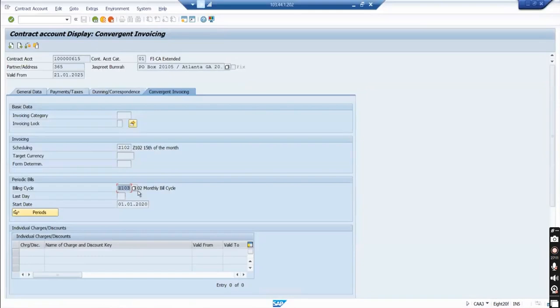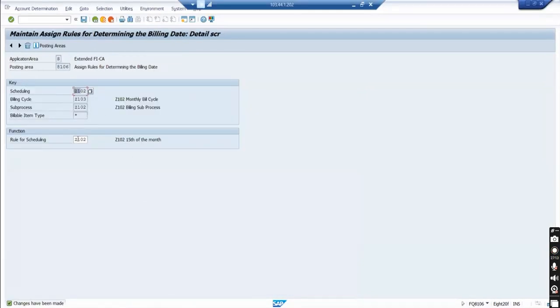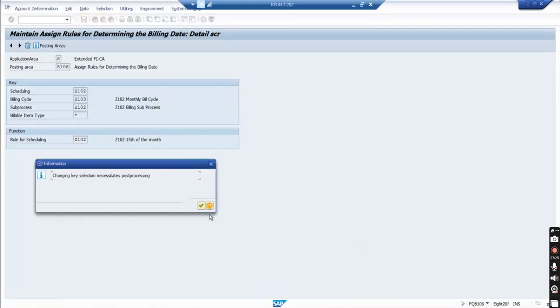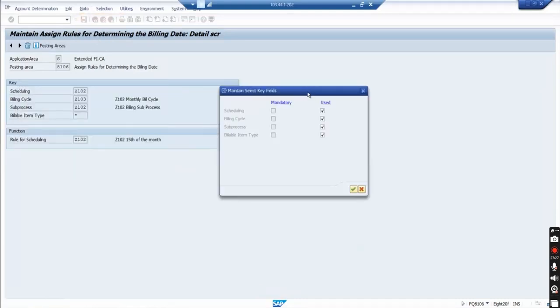Also, if you don't want to put it based on scheduling, because here CA master edit is required, because these two are dependent, you can click on go to and select keys. If you don't want to depend on these two, you can uncheck scheduling and bill cycle and just make it sub process based. That means all CA masters which will be invoiced, where the billing invoicing will happen using our sub process,